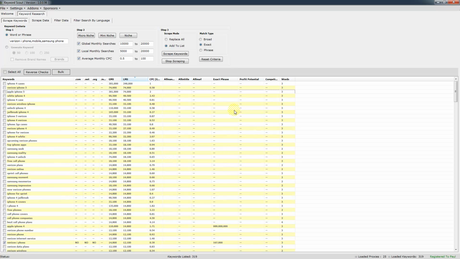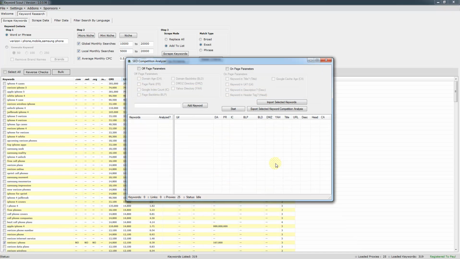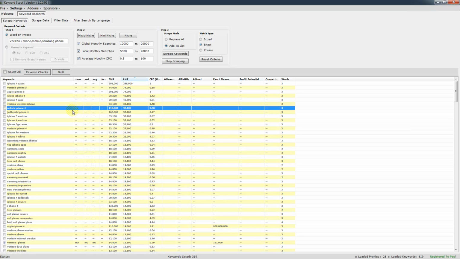But certainly in terms of keyword research, identifying the real long tail keywords with decent search volumes and then analysing them within the competition analyzer, you know, it caters for everything that you need. It's absolutely fantastic. I use it every day, and I wouldn't be